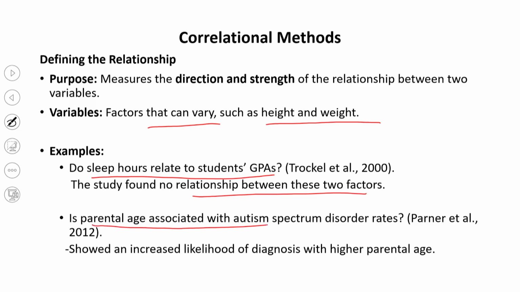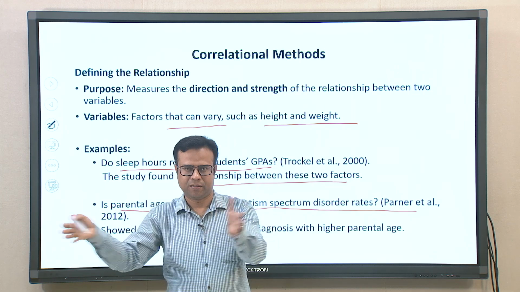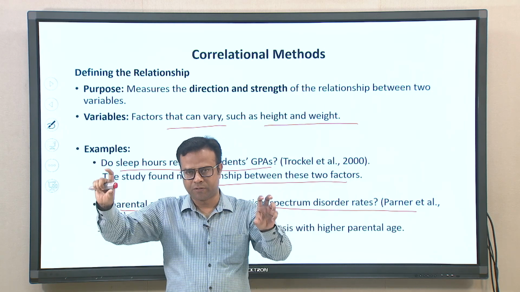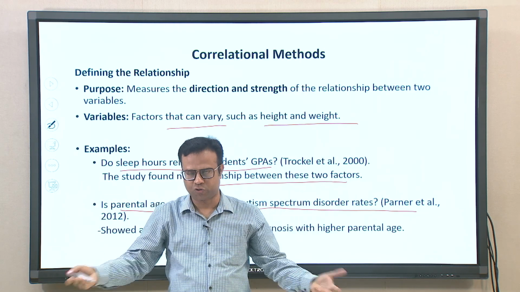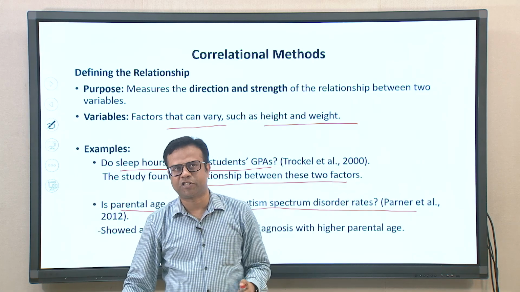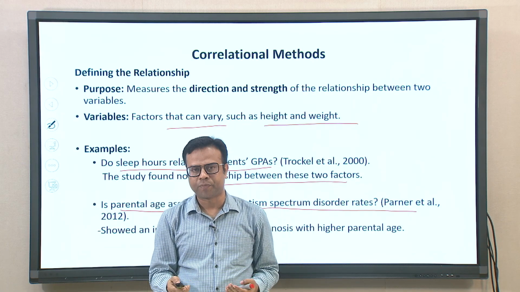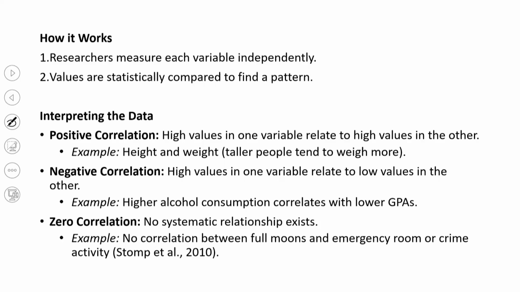Is parental age associated with autism spectrum disorder? Let us say, the age at which parents give birth to a child, does it have any connection with the likelihood of having an autistic child, and so on. So, you take two variables and try to see the relationship. Like this, correlational research tries to see any relationship between variables. How does it work? Researchers measure each variable independently, collect data for both variables, and then see whether